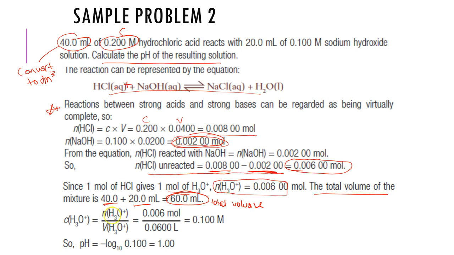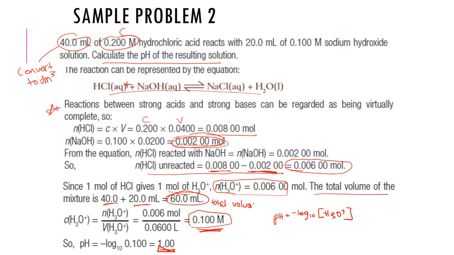So I get my number of moles divided by my volume, and I get that the molar concentration of H3O+ is 0.1. Now I have my concentration of H3O+, I can start to work out my pH. Hopefully you remember that pH is equal to the negative log to base 10 of the concentration of H3O+, which I now have over here. We can substitute that into the equation and we get that the pH of the solution after the reaction will be 1. Have a pause, go through it yourself, see if you can follow the calculations